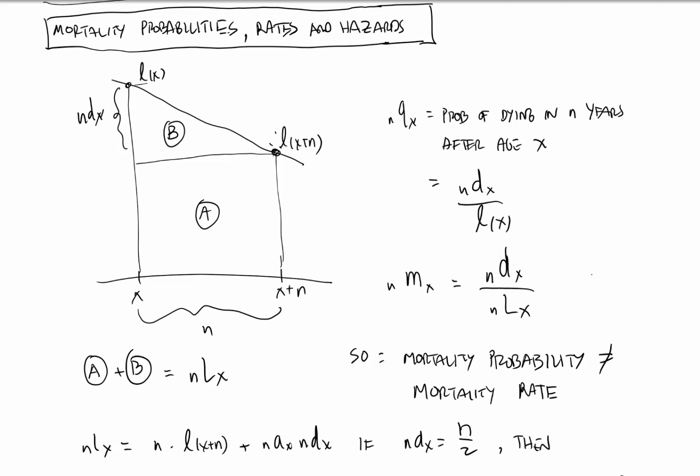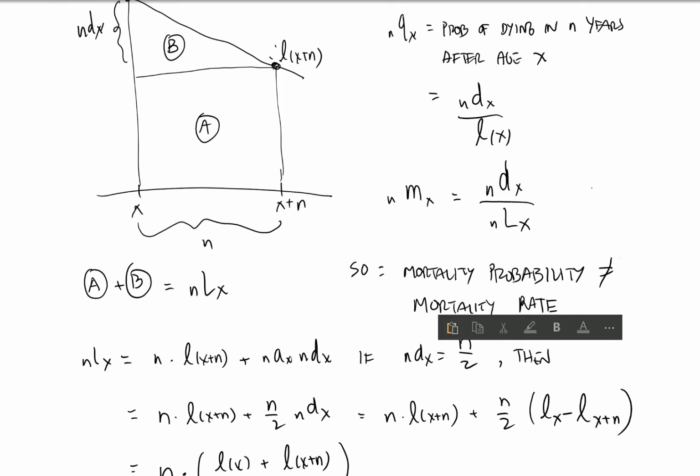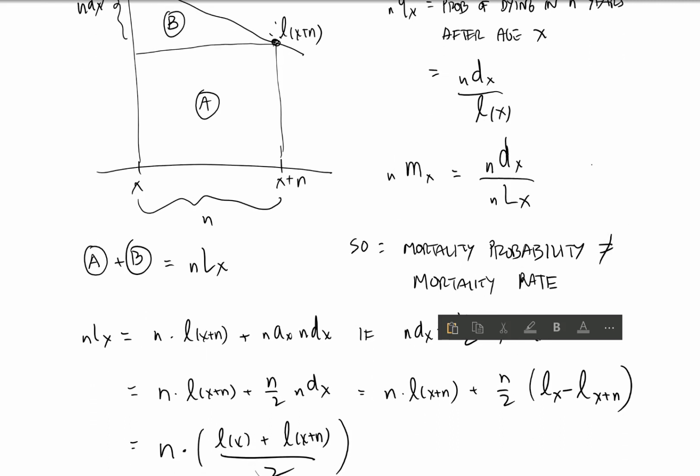But we know that if nax equals n over 2, which is for most of our age groups, except for the very young and the very old, then we can simplify things a little bit, and we can say that n times l(x+n) plus n over 2 times ndx equals nLx, which simplifies to